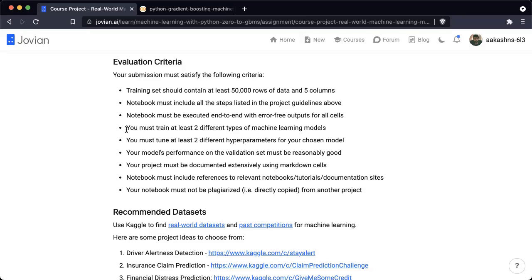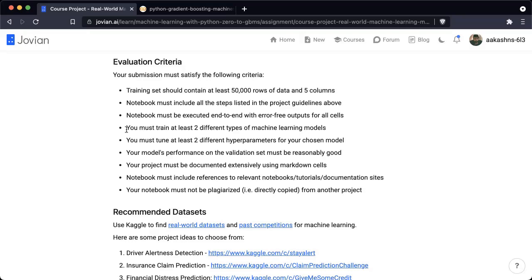Now your model's performance on the validation set should be reasonably good. This means that it should not be too bad, it should not be worse than a random baseline model. As long as your model is reasonably better than a random guess or maybe a fixed prediction, that's a good model. And your project must be documented extensively using Markdown cells.